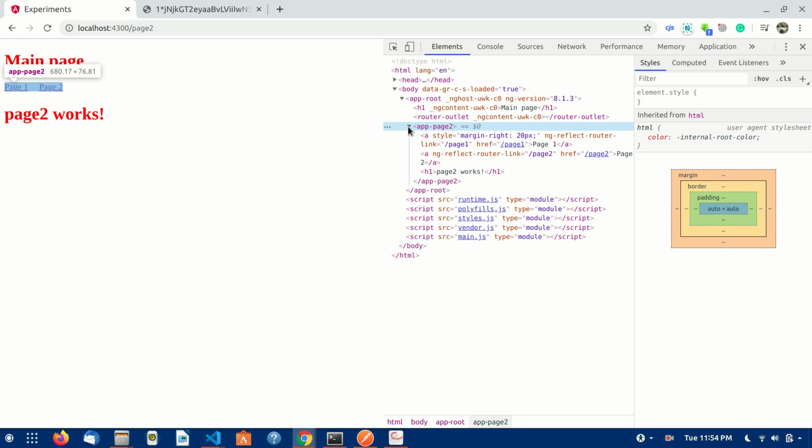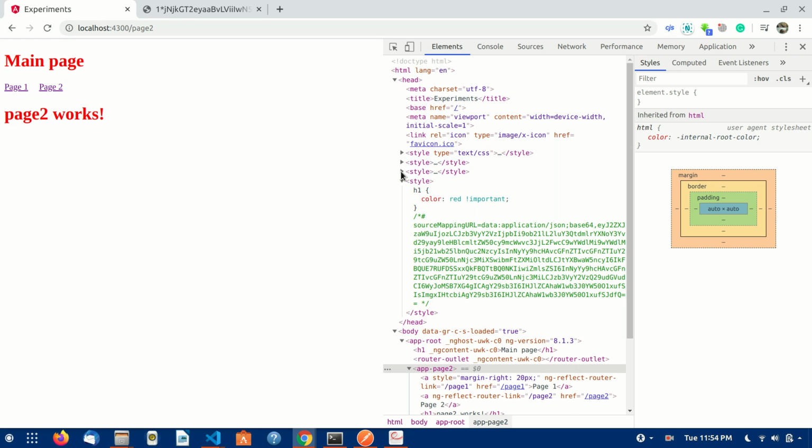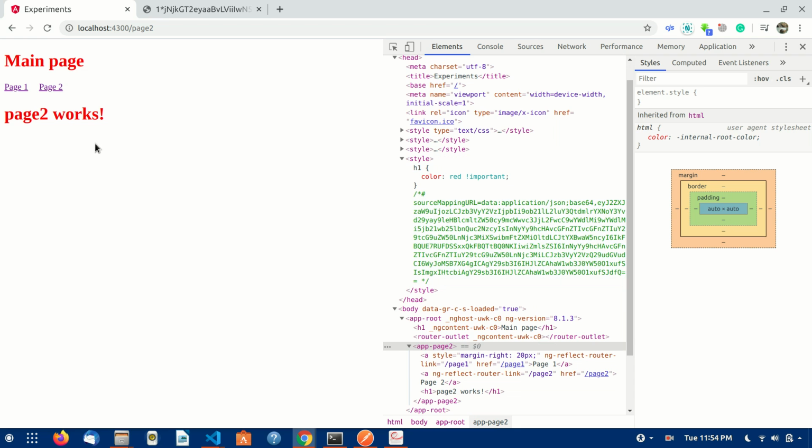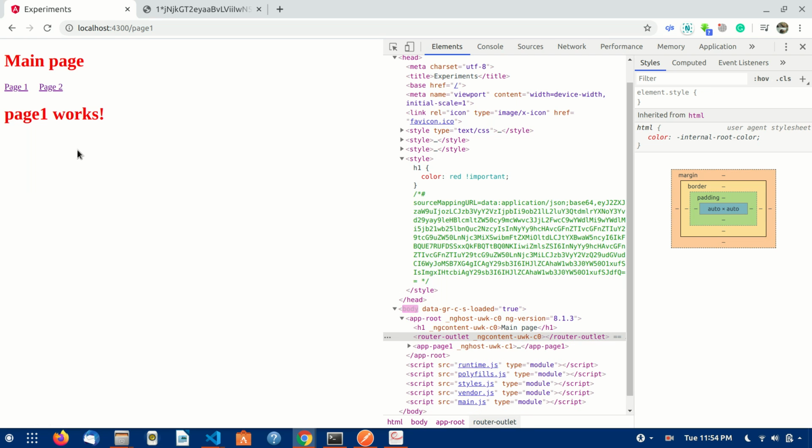When I open this, you can see there is no weird string found inside this component. And also let's check the style. If you notice here, it's not going to add any attribute selector. Now when I move to page 1, this text also became red.